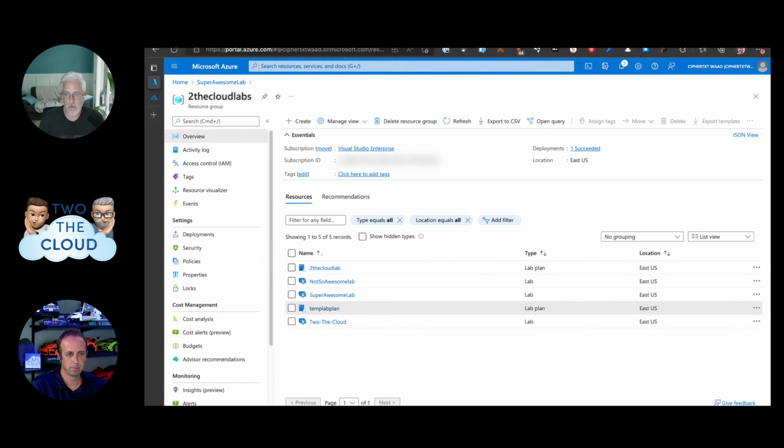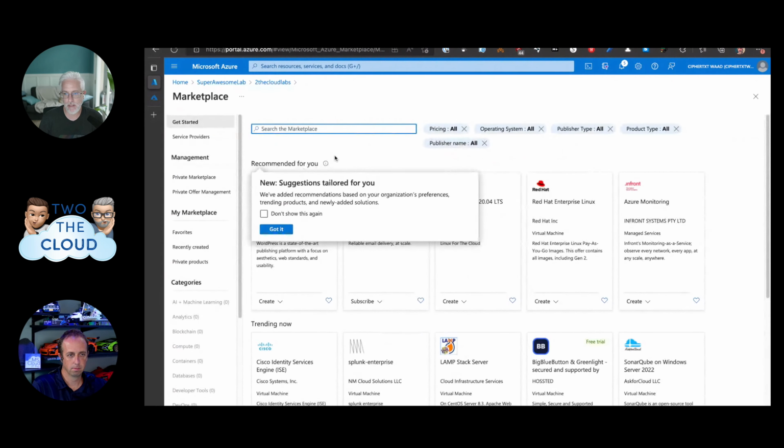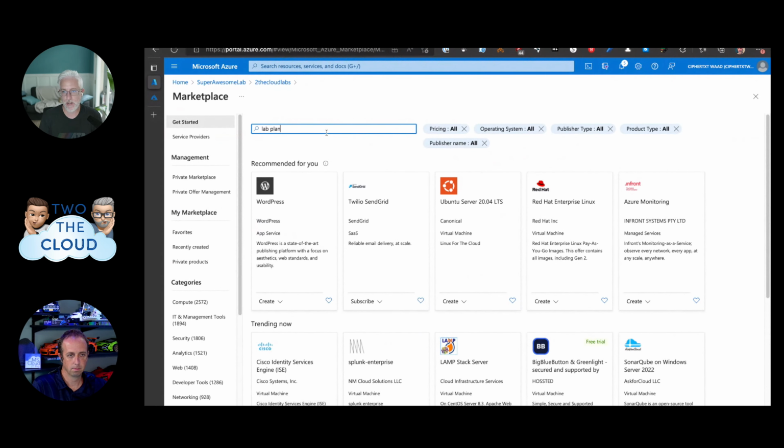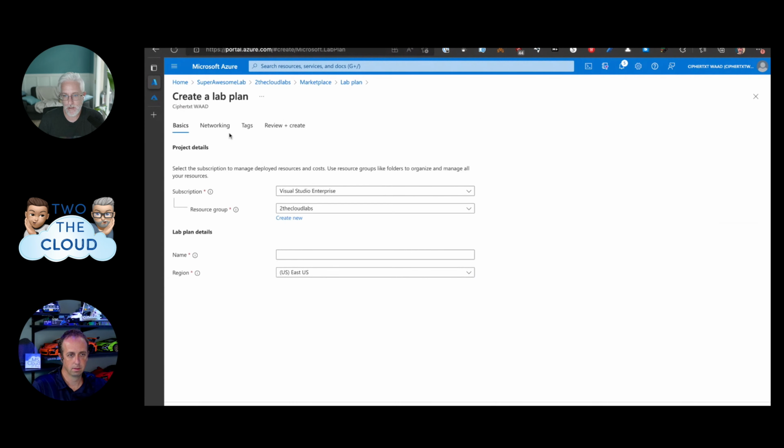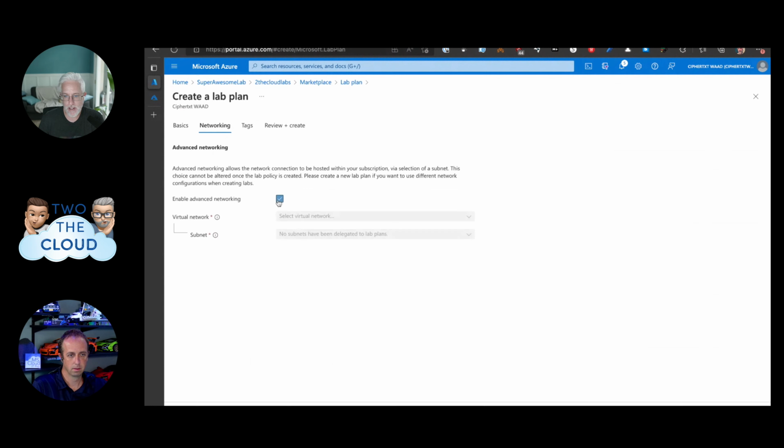Totally. Yeah. Because when you're over here and you're creating that lab plan resource, just search for that again, lab plan create, and we go to the networking tab. You're actually selecting a virtual network and a subnet. I just don't have any VNets created here.